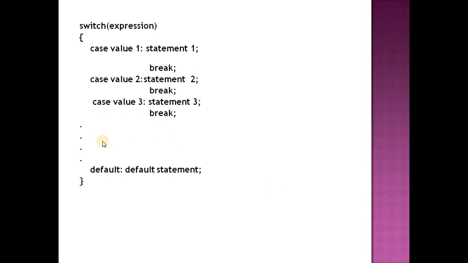Okay, the syntax to use the switch statement is, you can see over here, the switch keyword is used and the variable whose value is to be checked is given in this expression. Here we will start with the switch statement and here we will end with the switch statement.